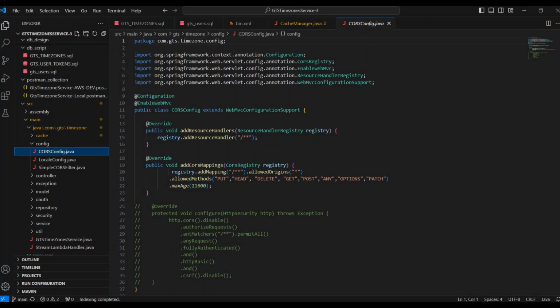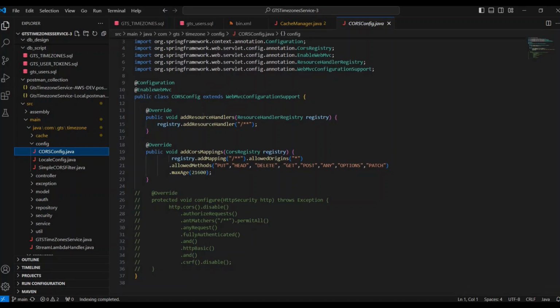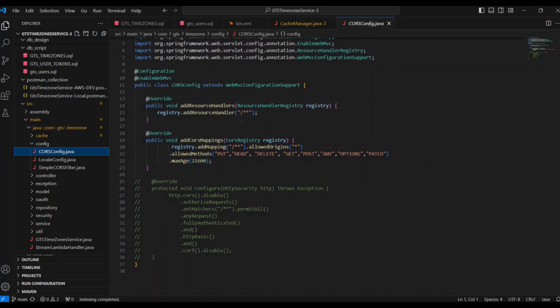First, we declare the package and import the necessary annotations, and here we are using the annotations @Configuration and @EnableWebMvc. Configuration helps to indicate the class contains Spring configuration, and EnableWebMvc allows you to customize the configuration, and here we extend the WebMvcConfigurationSupport. It is for configuring the web, and here we are adding the resource handler using the parameter. It helps to set the MVC features,